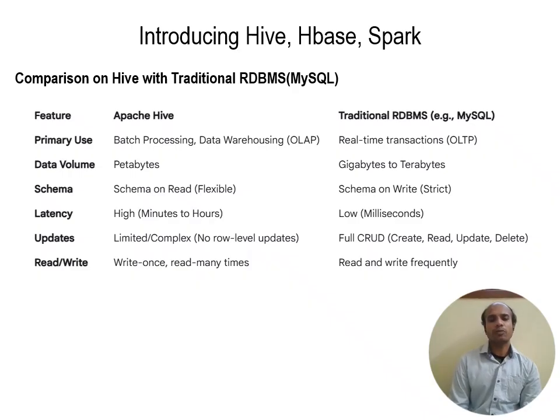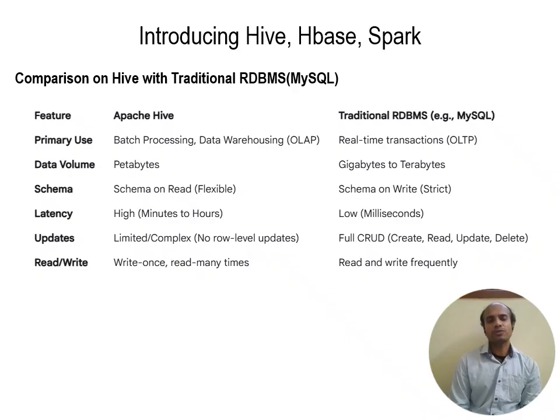The first feature is primary use. Hive is for batch processing and data warehousing, which is OLAP. With respect to the traditional relational database management system, that is MySQL, real-time transaction is the primary use,